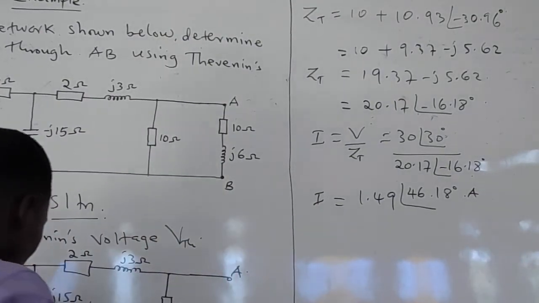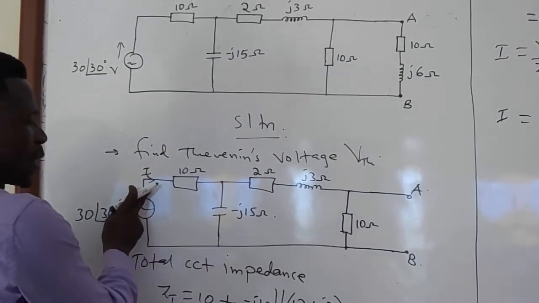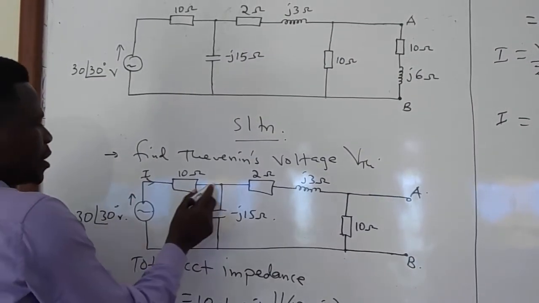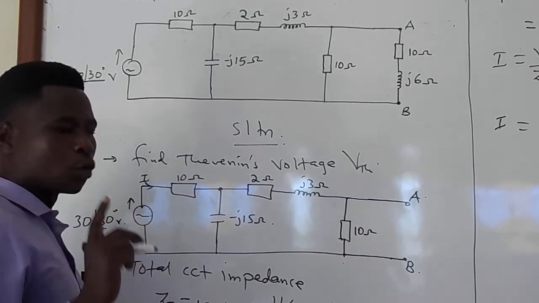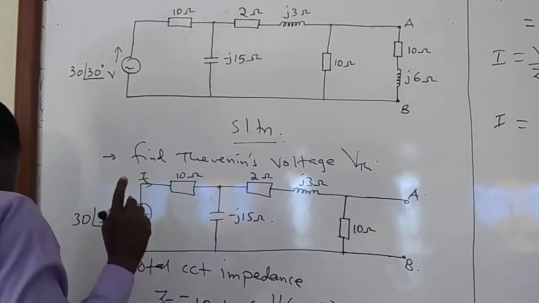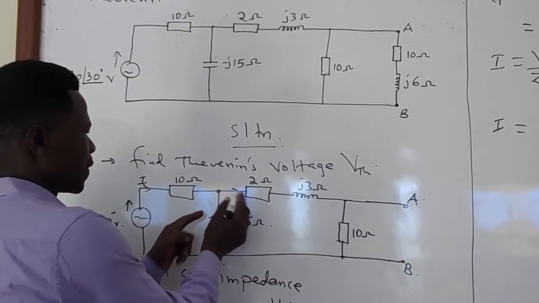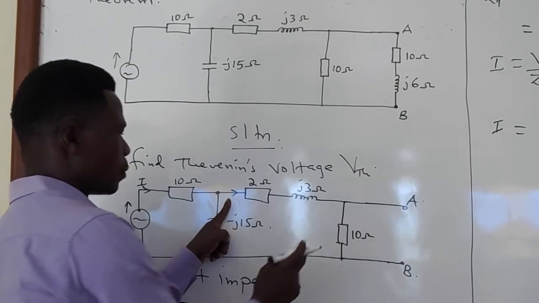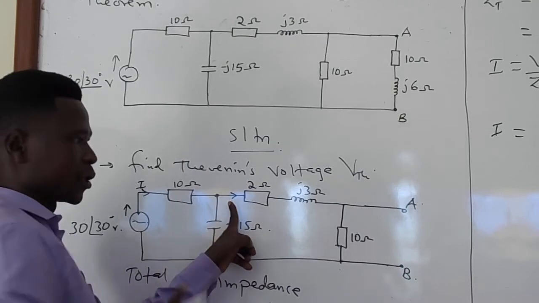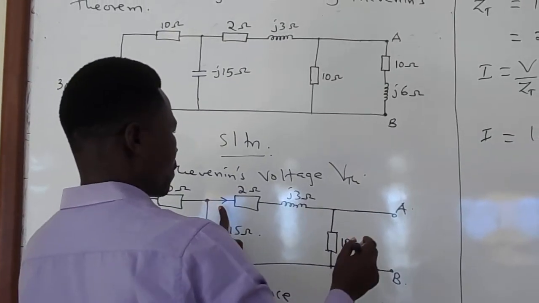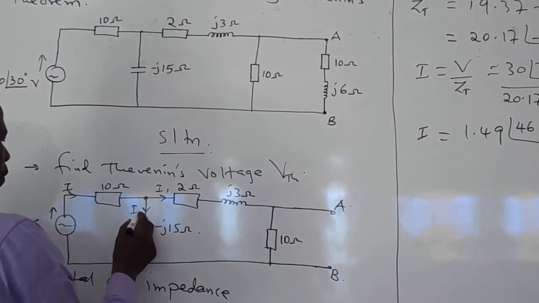Now, looking at the nature of the circuit, you will realize that the current that is supplied from the source, after reaching this junction, will divide into 2. And using the current divider rule, you will find that the current flowing through this branch, that is the branch of 2, 3, and 10 ohms, will be equivalent to the opposite impedance all over the sum times the current entering the junction. And that will be equal to, let me call this one I1 and this one I2. So the I1